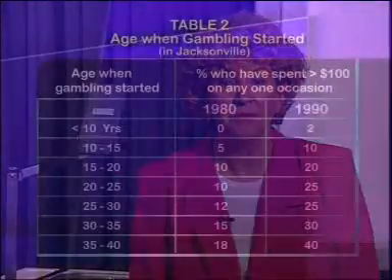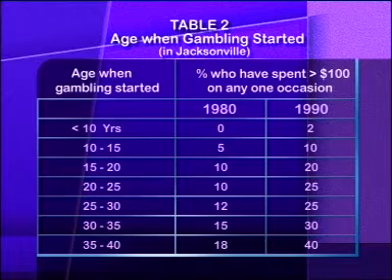The introduction for Table 2 could be, this table clearly highlights the age of individuals in Jacksonville when they first started gambling. The percentage of persons in 1980 and 1990 are analysed in relation to age groups from 10 to